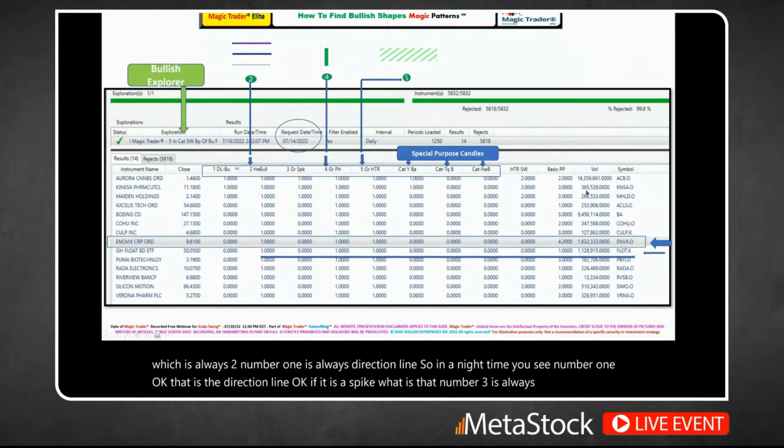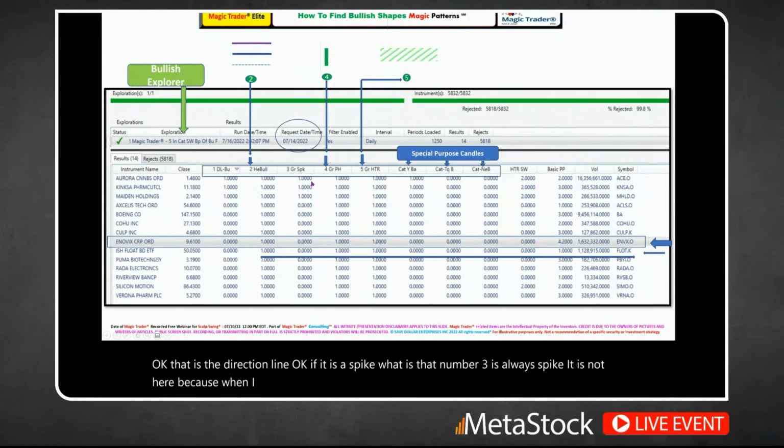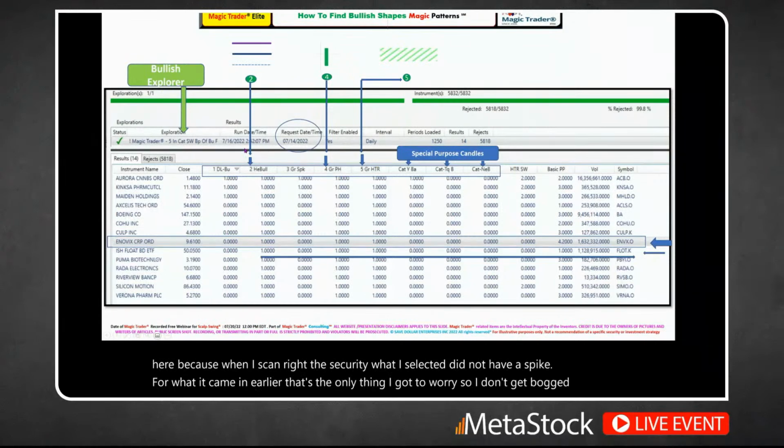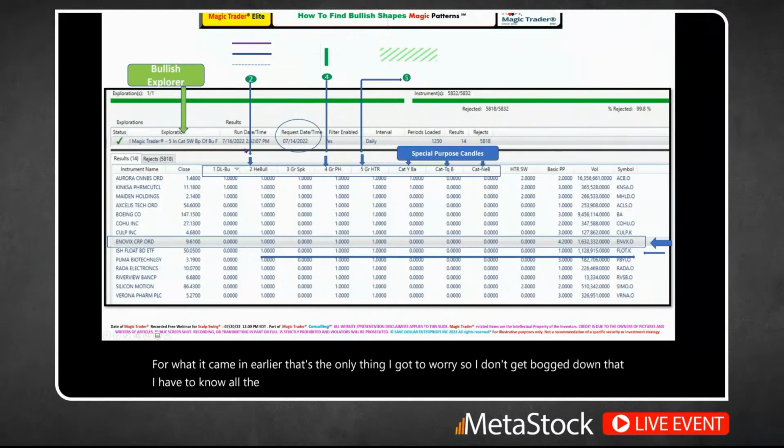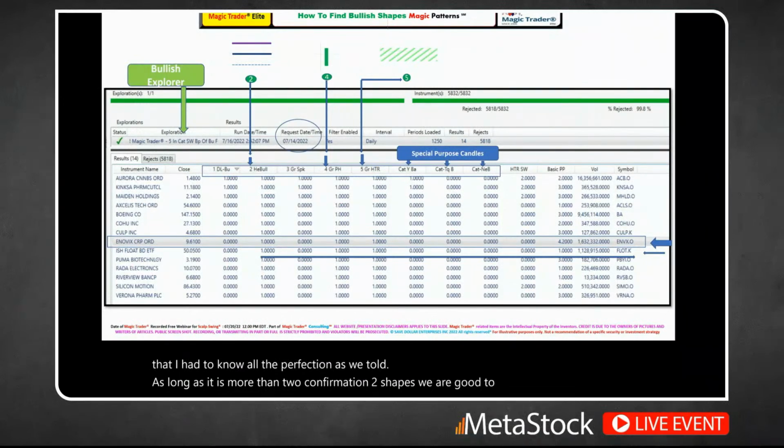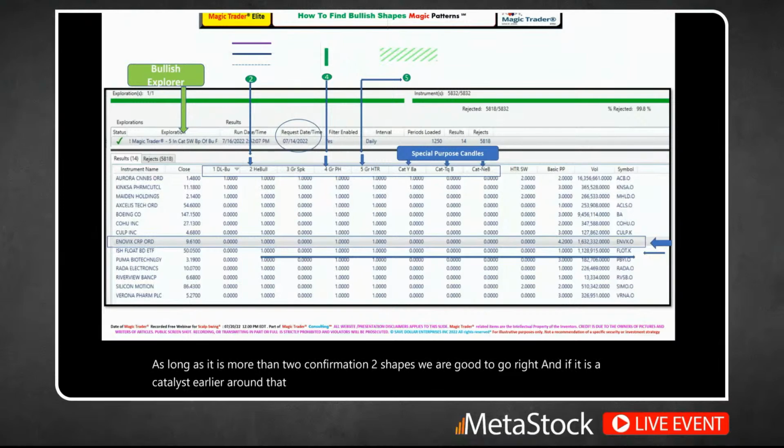It is not here because when I scanned, the security I selected did not have a spike. So what? It came in earlier. That's the only thing I have to worry about. So I don't get bogged down that I have to have all the perfection. As we told, as long as there are more than two confirmations, two shapes, we are good to go, right? And if there is a catalyst earlier around that or in that vicinity, I'm okay. I don't want to miss the opportunity. That's the idea. So what we're going to do, we're going to look at two charts on the bull side,